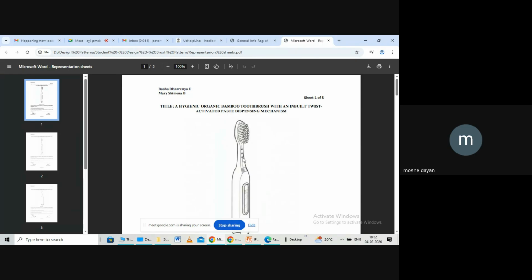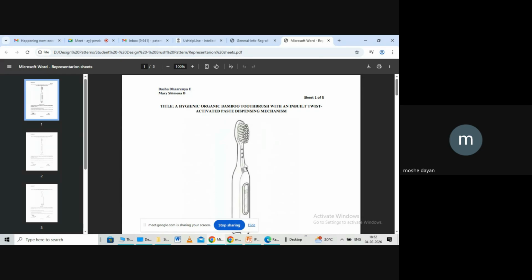And generally, when you give the representation, my dear professors, make a note of it. For patents, we do a lot of documentation. For design, it is not the case. For design, the representations are very important, and just one line, which is called the statement of novelty. Those things are very important, and we are going to see them now. What are the things required for filing a design patent? Please make a note of it.